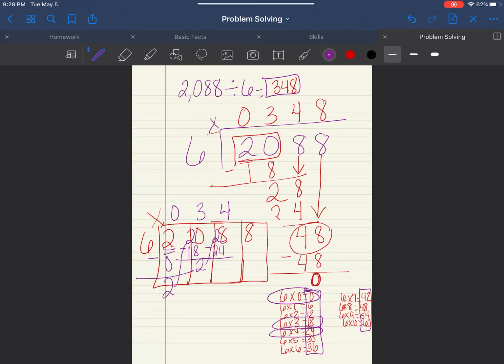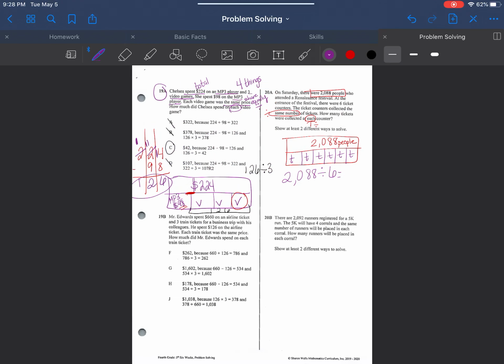Bring up, that would be 28. I do not have 28, but I'm going to use 24. 6 times 4 equals 24. 28 minus 24 is 4. So I bring up and I have 48. So 48, we do have a 48. So that would be 6 times 8 equals 48. If we subtract, that is 0. Notice that our answers do match. Okay. So my answer is